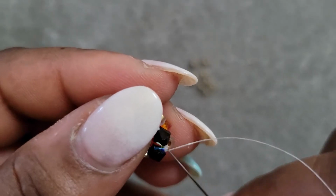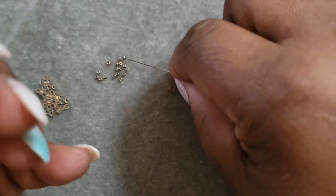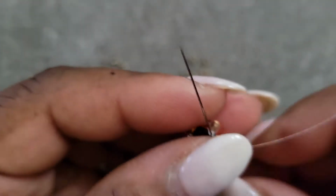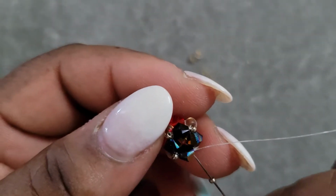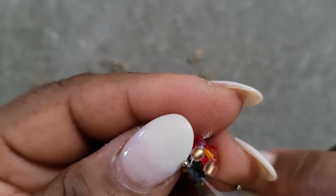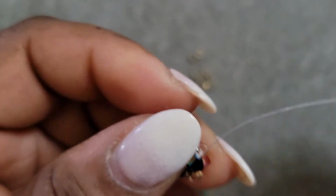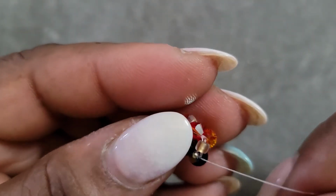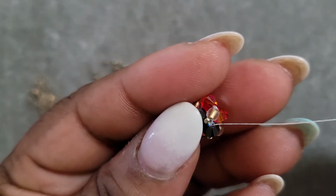String on a 15/0, pass your needle to the next bicone. 15/0, pass your needle through the next bicone. 15/0, pass your needle through the next bicone. And just the bicone. And then we're going to turn our work and we're going to pass into this 8/0 here,